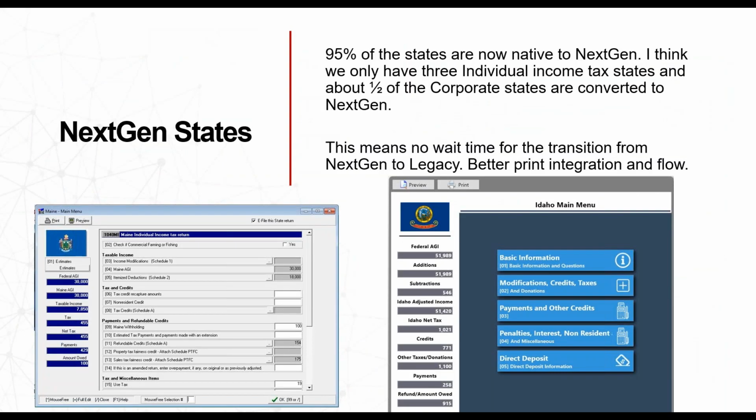Probably one of the biggest projects that we've had over the summer is still continuing to convert our legacy states, which is what you see on the left-hand side of the screen, to our next-gen states, which is what you see on the right-hand side. Both of these are Idaho. Most of these states are now native to next-gen. We only have, I believe, 2 or 3 that are left to be slated to be converted from the legacy